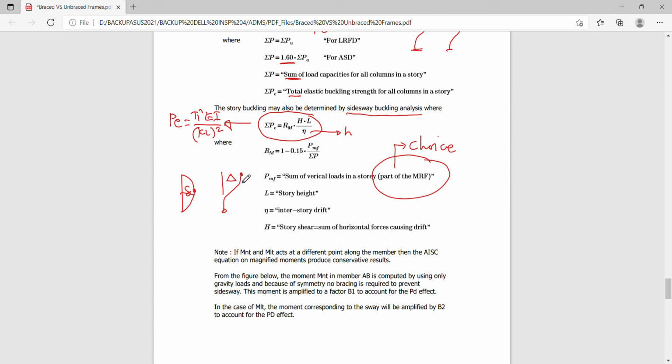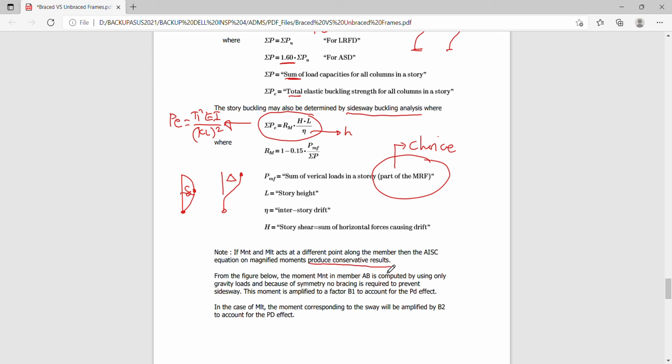Let's say this is the point of maximum moment, or maybe here the point of maximum moment is there. We don't know. So still, your results